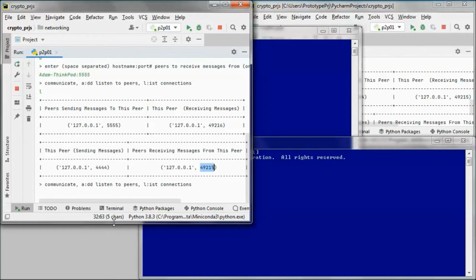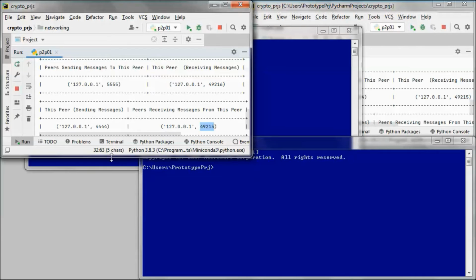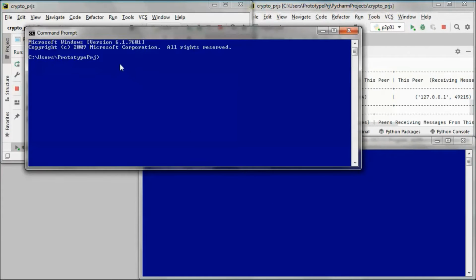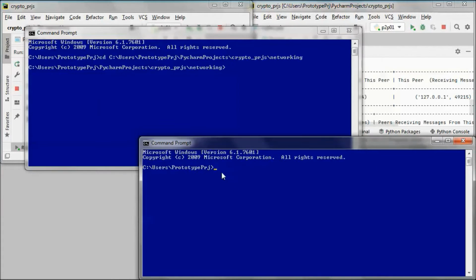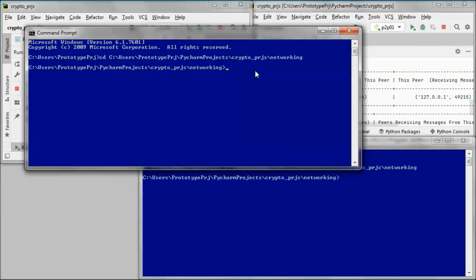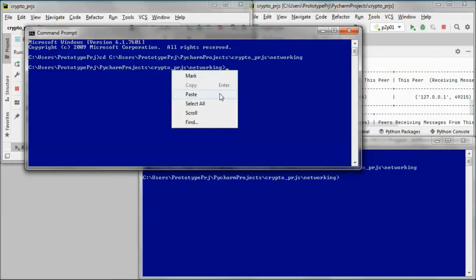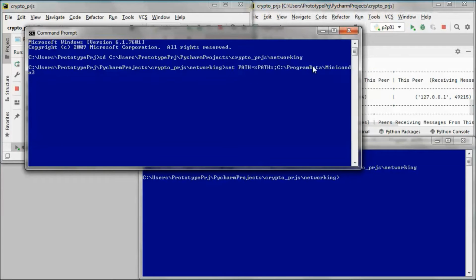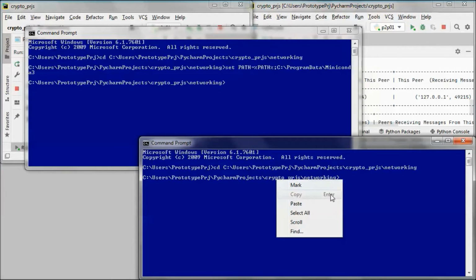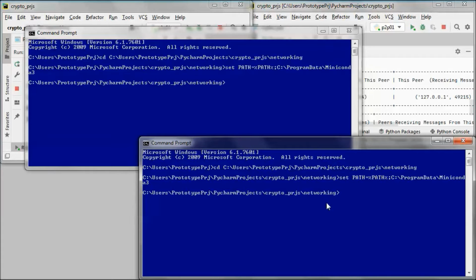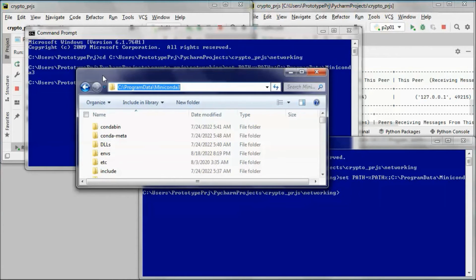So let's go ahead and cd to that directory. And let's set the path to where we have our Python in both places. So this is where we have our Python.